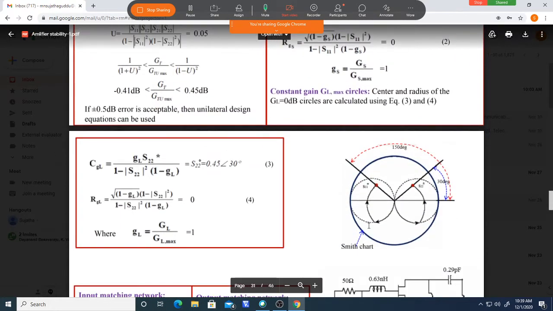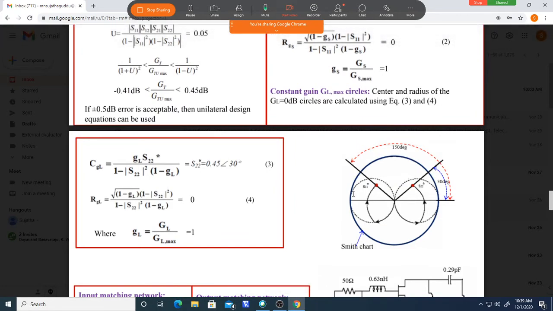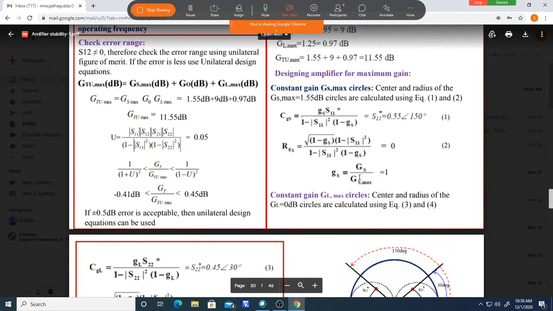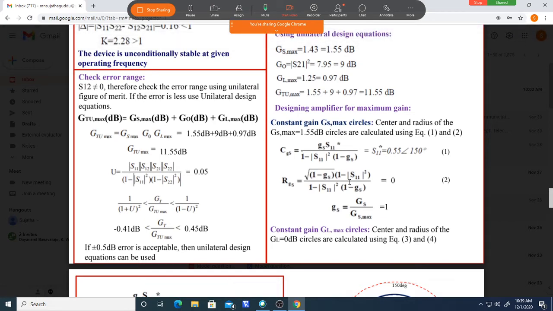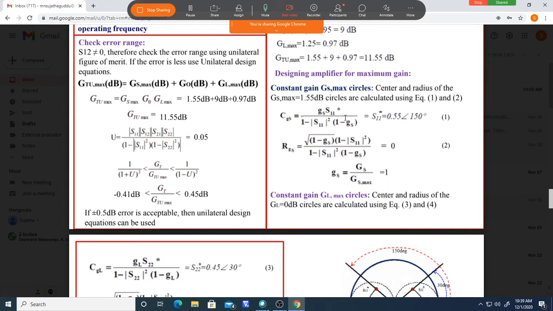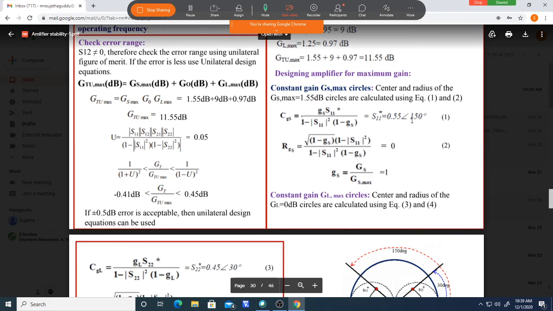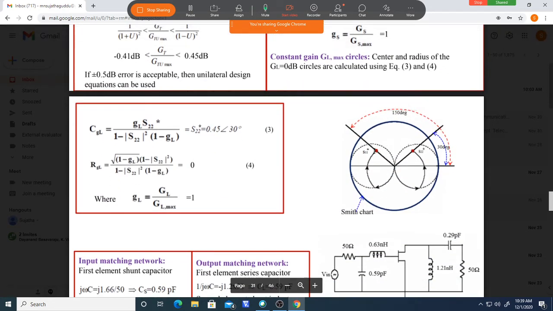Okay, so like that, there is no need to draw a circle again here. So this simplifies the maximum gain amplifier design. There is no input gain circle, only one point will be there, this value. So this impedance you should take and set as the input impedance, that gives the maximum value. This is the only point, to get the maximum gain, GS maximum.